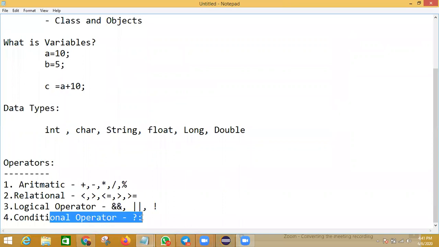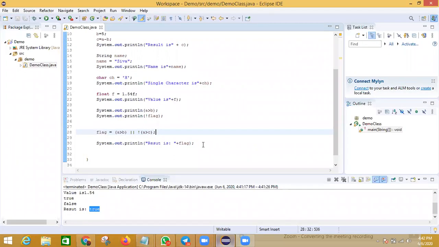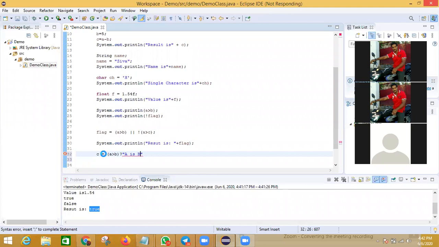Then what is the conditional operator? If you come here, I will say String, because an integer variable cannot hold a string.